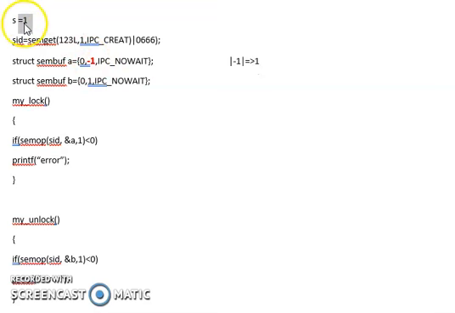The semaphore value must be either greater than or equal to the absolute value of sem_op of the structure A. Now if I check, the absolute value of sem_op of A is 1 for me, and this 1 value must be less than or equal to the semaphore value.